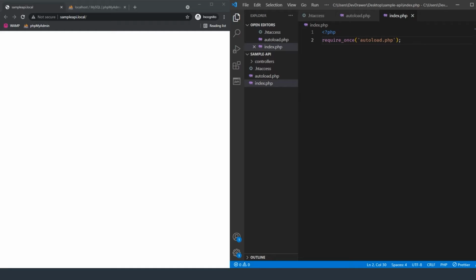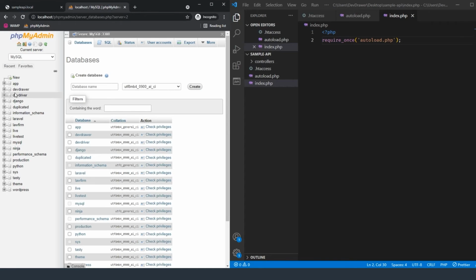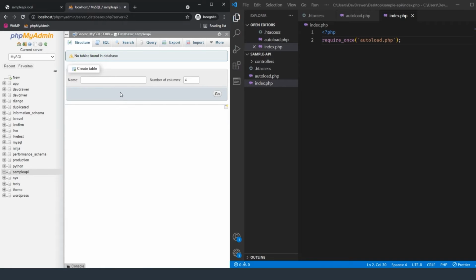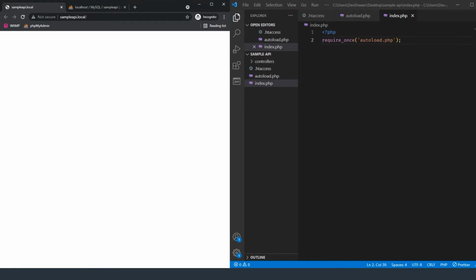So we need to register a database. Let's go ahead and create a database. I'm just going to call it sample API, and let's make it general, and then we're just going to create that. So now I have a database created, but there are no tables, no data or anything inside of it. So what I want to do is use PHP to create the tables, and then also to add information to